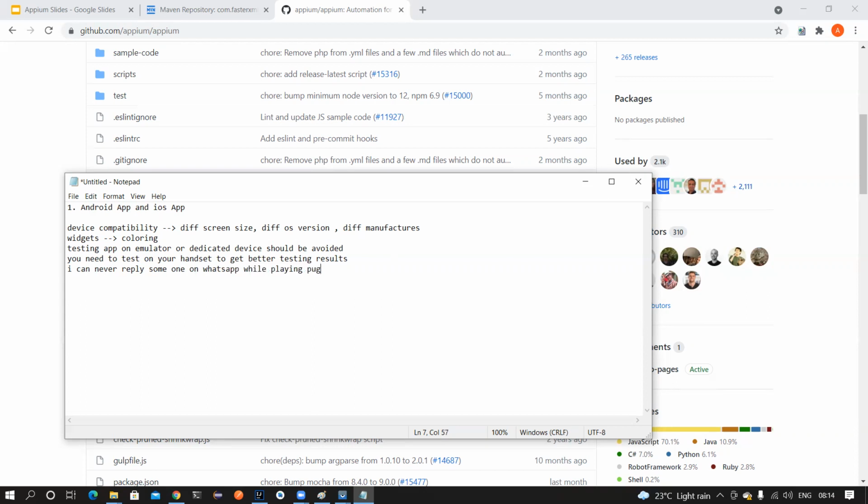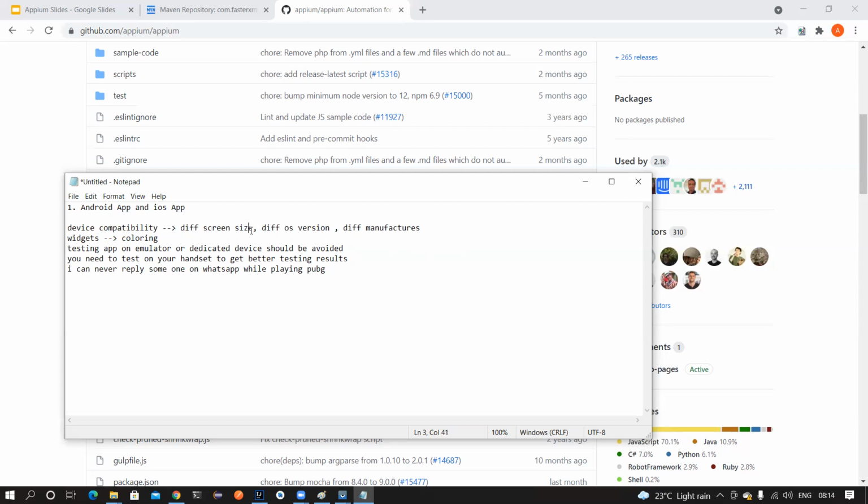So basically you need to test it in all circumstances. You also need to test it in landscape mode, not just in portrait mode. That is a good thing, because I raised this issue to Honor Play, as it is only happening on my Honor Play device. I don't know whether it is happening on other devices. So you also need to be very specific whether you have tested on different manufacturers, different OS versions, and different